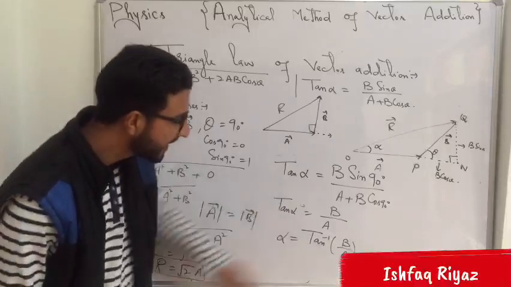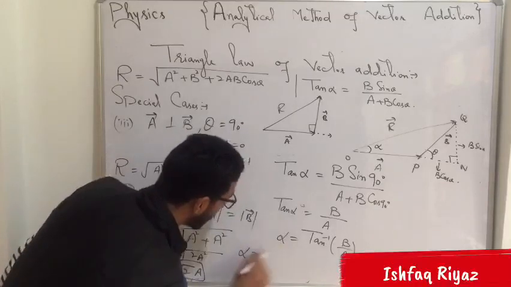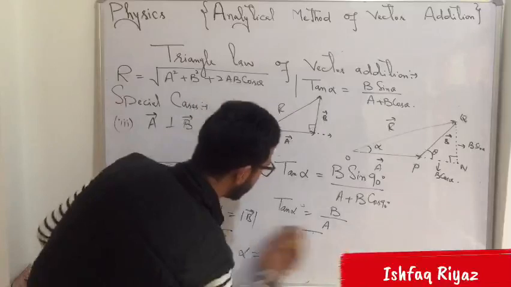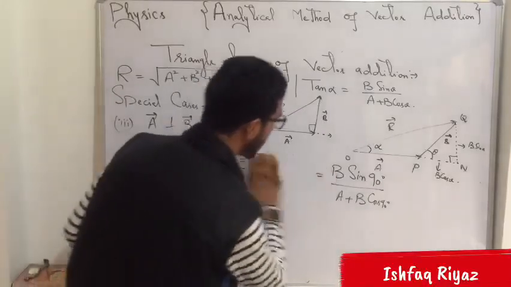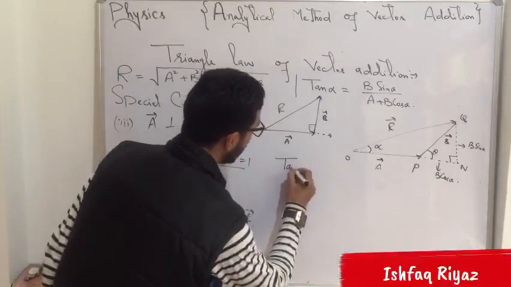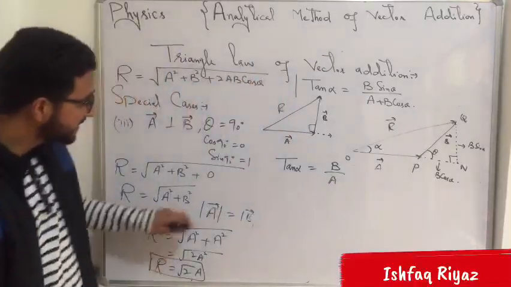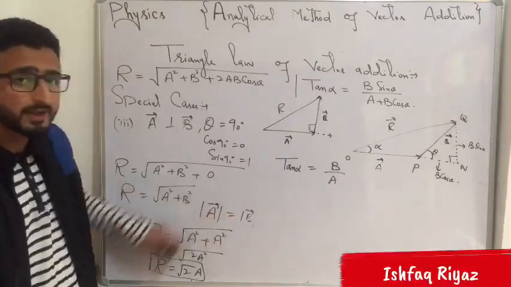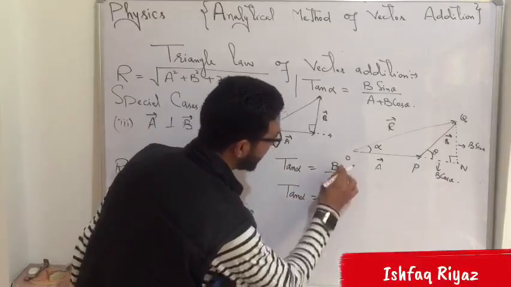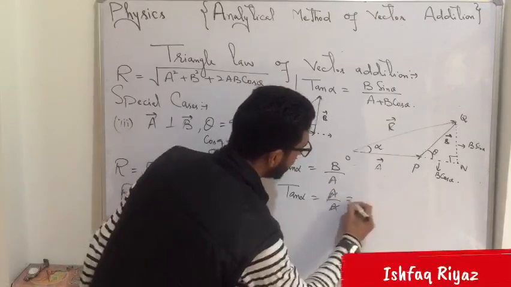You can see it from here. I will write tan alpha first, since tan alpha is equal to b by a, from there I will find the direction. Tan of alpha is equal to b by a. In this very sub case, since the magnitude of b is equal to the magnitude of a, I will write tan of alpha is equal to, you can write either b by b or a by a. So this is a by a, that is equal to 1.